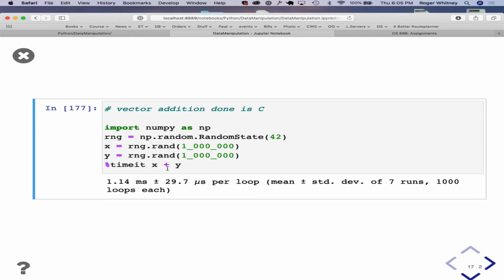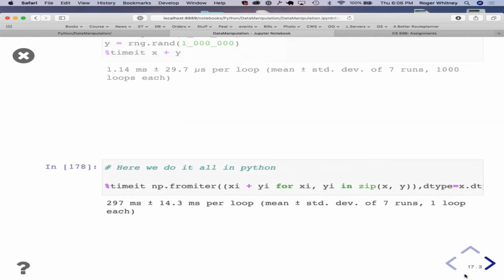And since they're series, that addition is being done with C code. So it's pretty fast, right? And the timing actually does it multiple times. Right, so it did it 1,000 times just to get a good average.